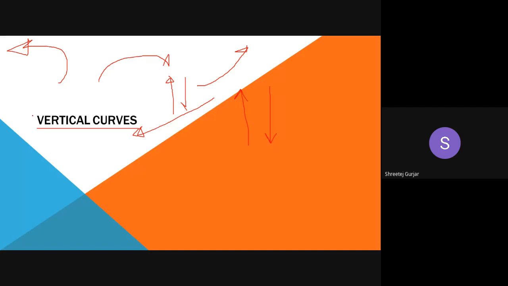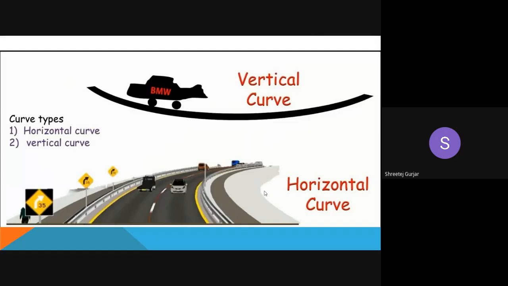Okay, and these previous ones which we learned are in the horizontal plane, or they are on the ground, right? These horizontal curves are placed on the ground, but these vertical curves either go upwards or downwards. So you can see the difference over here. The bottom figure which you see here is a representation of a horizontal curve, right? They are taking you either in the right direction or the left direction, which helps you change your direction. They are placed on the ground, in the horizontal plane. This is your horizontal plane, your earth or your ground, and on that plane your curves are placed.